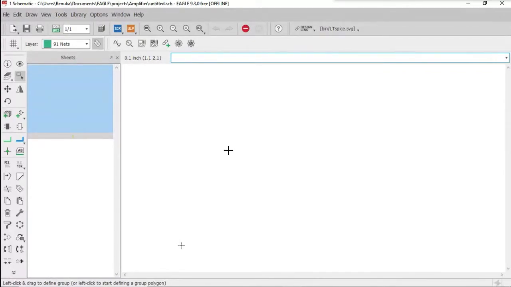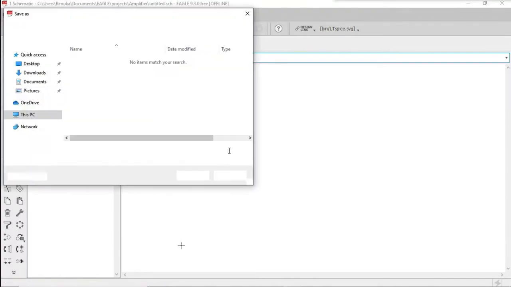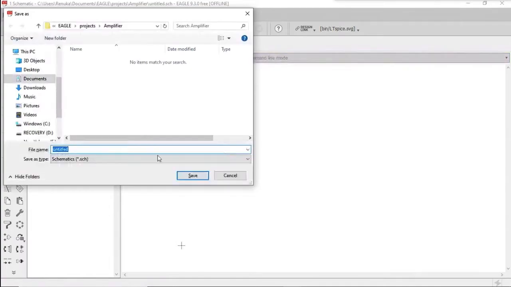After this, just save the file. You can see the path of this schematic file is stored in project and amplifier. Amplifier is the name of the project which I have given.